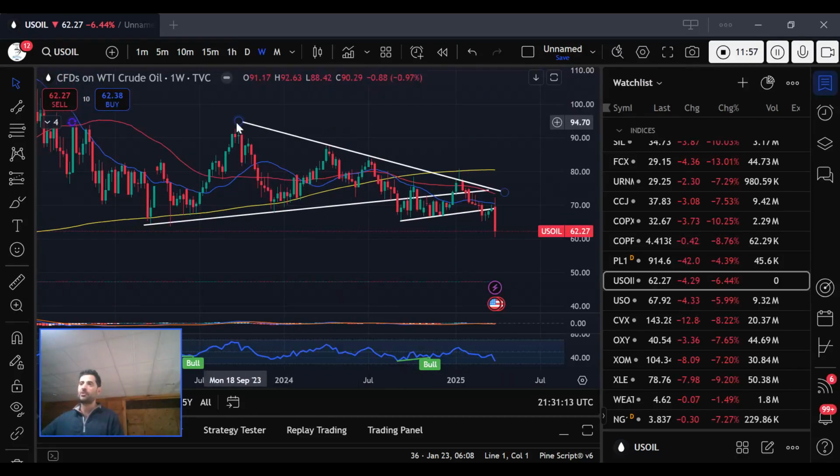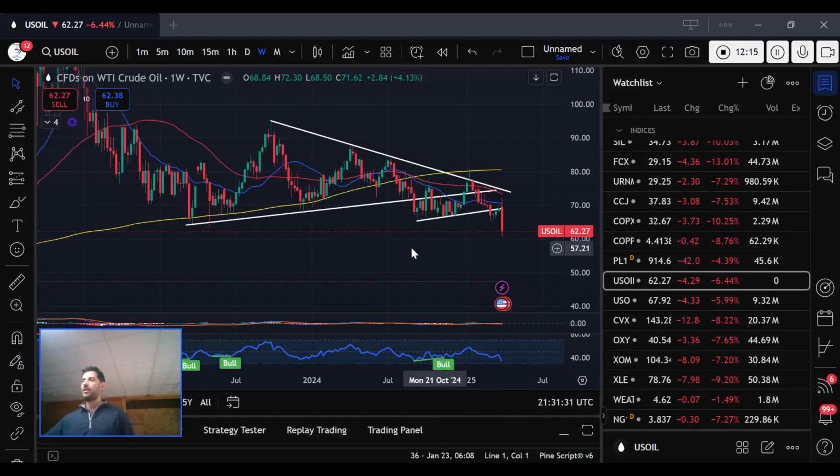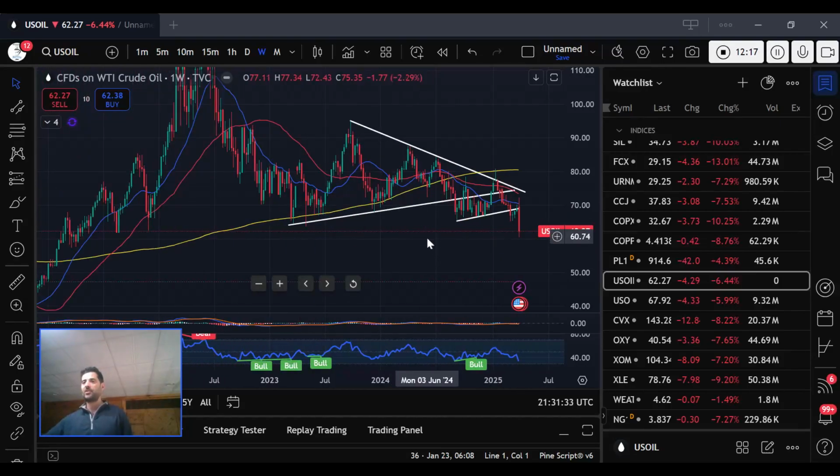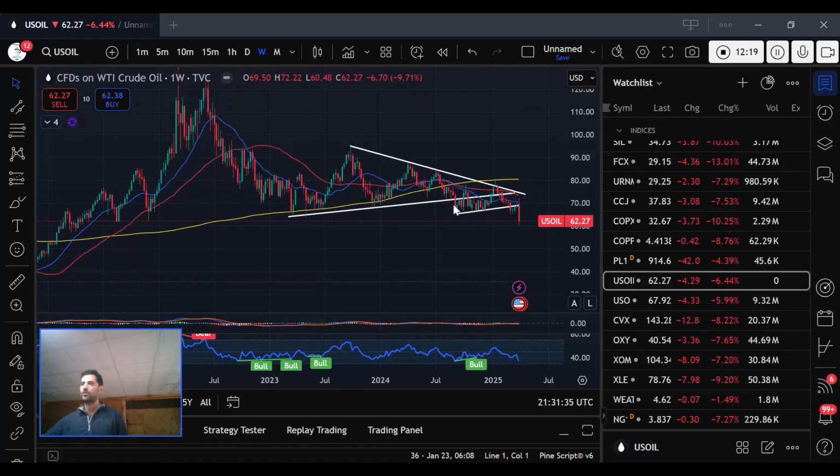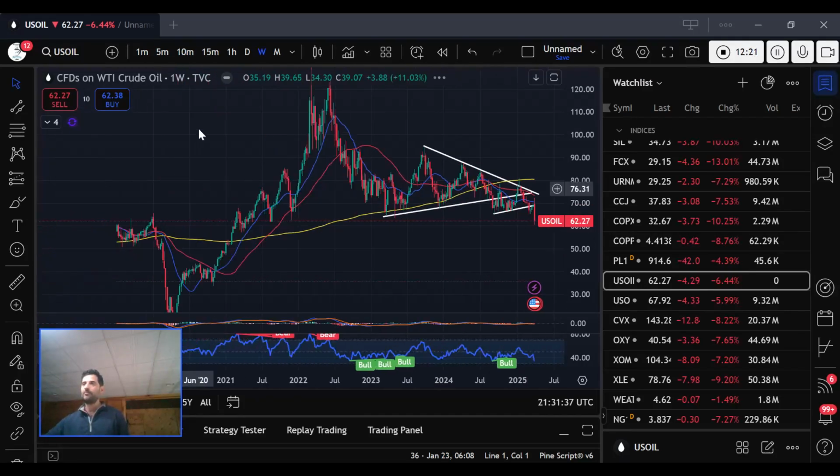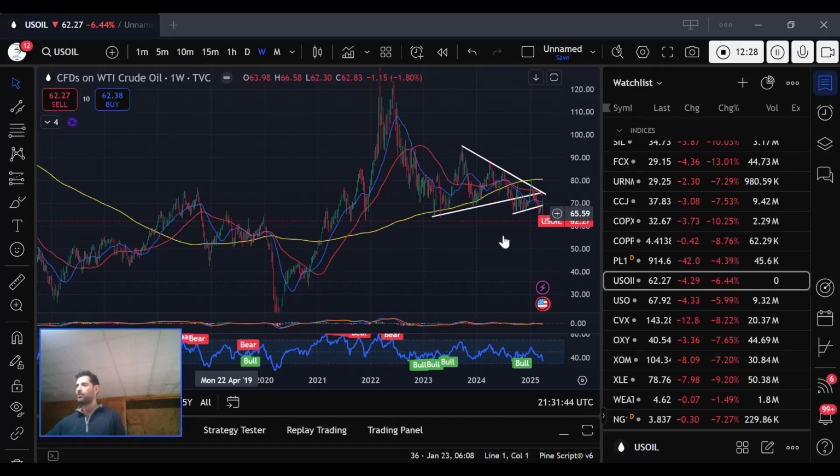Basically, I was expecting a move from 95 down to 67. So call it $30 from here, 87 minus 30. So I was expecting it to get into the mid 50s, and possibly lower because it's not going to just stop there. But if you look at a larger time frame, you've got a heck of a lot of support in this area. So we'll see what happens.